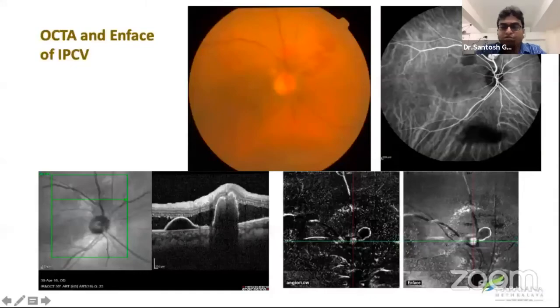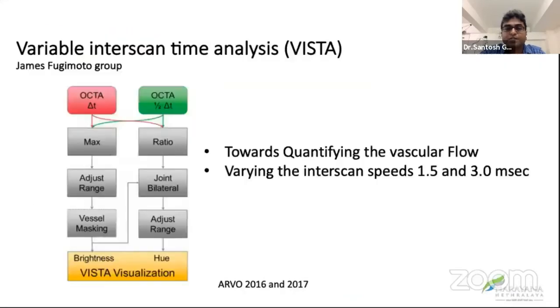And a word on UWF FAF. UWF FAF also is extremely helpful to know the extent of the lesions, and it is really helpful, as Dr. Chadha has highlighted, in diabetic macular edema, where it even correlates with FA. So when you look at a UWF image here, we can see the PED, a clear-cut PED over here, which corresponds to this area. And it is again the saccades that cause a flow area, but it's not a flow area, and you can clearly delineate the lesions.